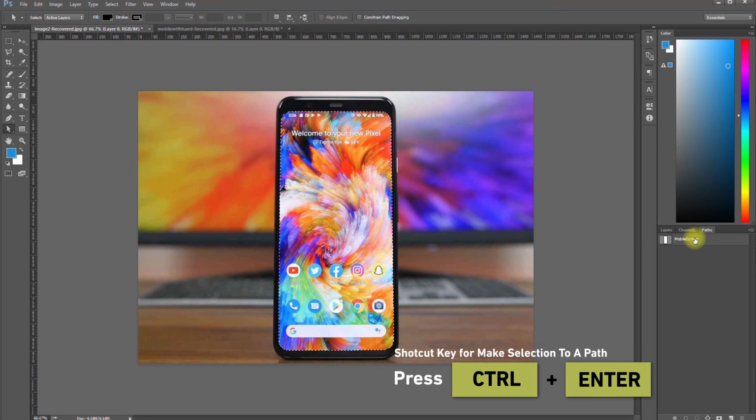If you click on any path and use the shortcut key Ctrl Enter, it will automatically convert into the selection area. But in that, no dialog box will appear and the last set value of feather radius will be applied on your new path.